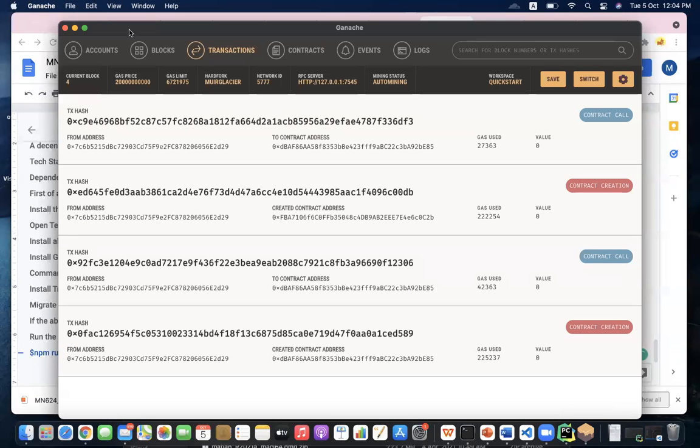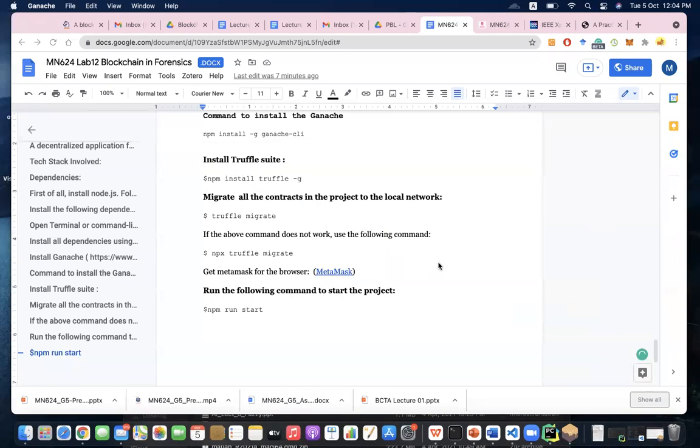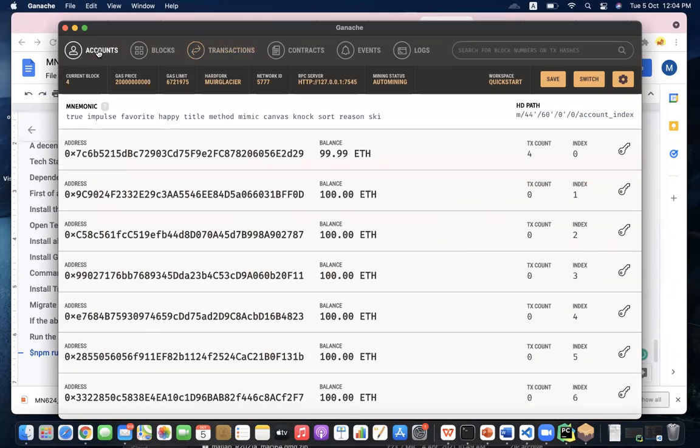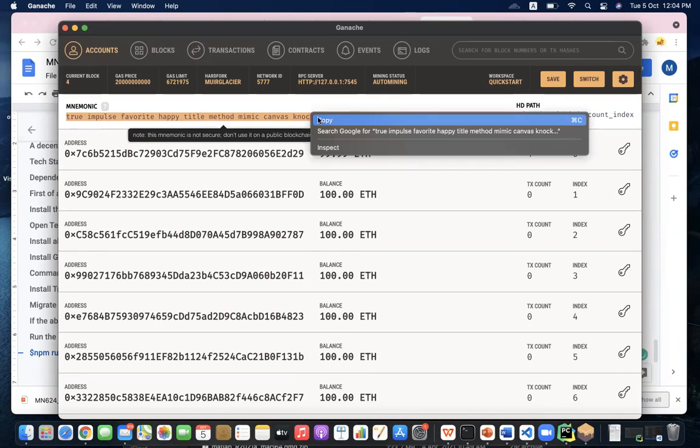If you see the video tutorial given in the resources, then you will learn everything in detail. So what I will do is connect this blockchain with our MetaMask. I will copy this mnemonic